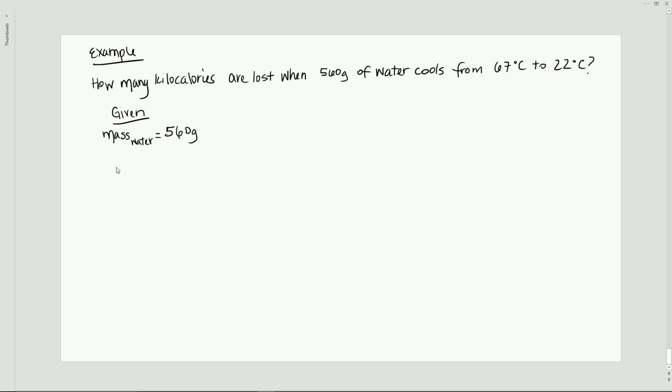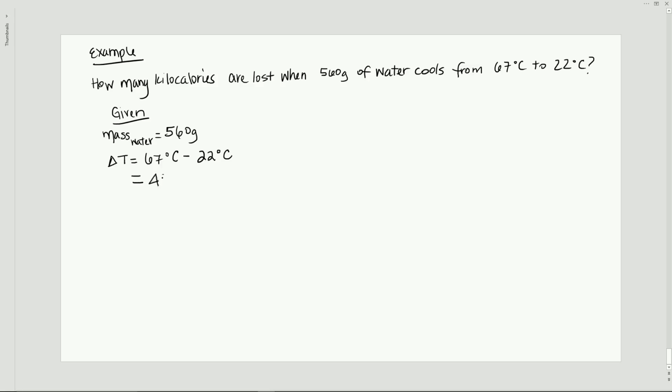Okay, water is being cooled from 67 to 22. So they're giving us our delta T. So 67 degrees C minus 22 degrees C, because it started at 67 and we ended at a final temperature of 22. So if we do the math there, we would get